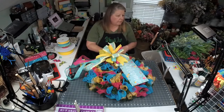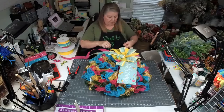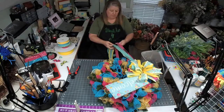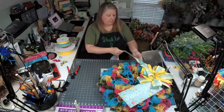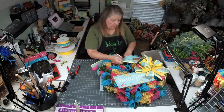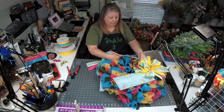I'm going to go right here, I think. We'll just leave it for now. We'll fix it. It's probably going to get smushed again anyway. Take our drapers. I have 3 colors. I have the pink, the yellow, and the blue. I'm going to drape these right here, I think. This one. So I'm leaving a little bit of